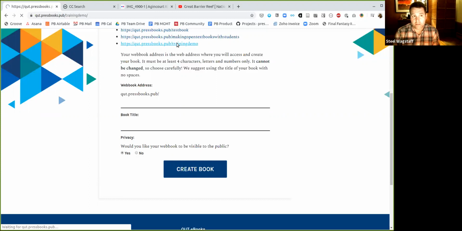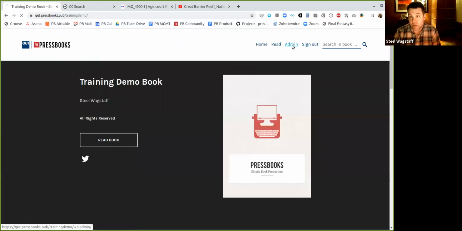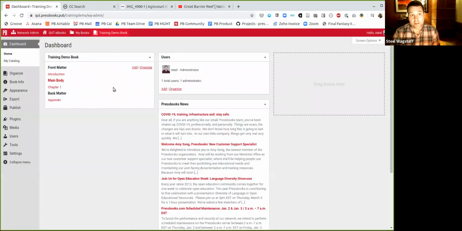I'm going to go ahead and pretend that I just did that, and I'll take myself to a new book that's just been created. When you're in a new book, you'll see a book dashboard, and there's all of these different options along the left, and you'll see there's an empty shell here. The first thing I want to show you is how you might